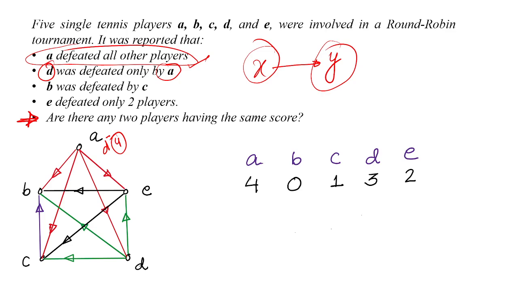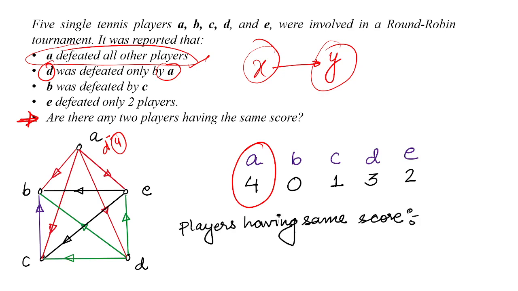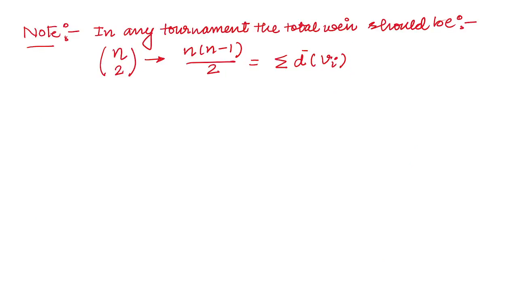Okay, so if you look at this, can you tell who is the winner? Yes, it is obvious that A is the winner. Apart from this, can you tell me if there are any two players having the same scores? No, all are having distinct scores. So there are no players in this tournament having the same score. Got it? Very good. Now you should remember that in any tournament the number of wins should be nC2, that is n(n-1)/2, and that is the sum of the out degrees of vertices